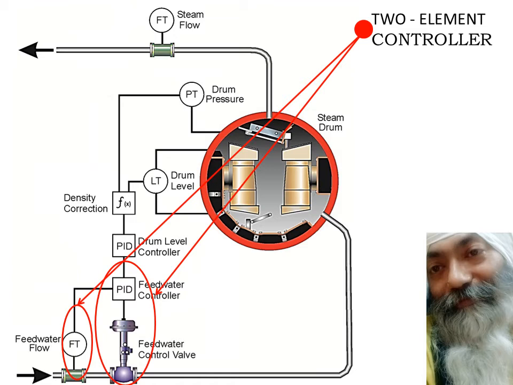Friends, you see, even in this two element controller, the changes which are taking place on account of sudden changes in the outflow of the steam, that is the shrinking or the swelling, are still not taken care of in this element. Therefore this two element control is not capable of taking care of the inverse response, and therefore we have to go in for the three element controller, as will be shown shortly.